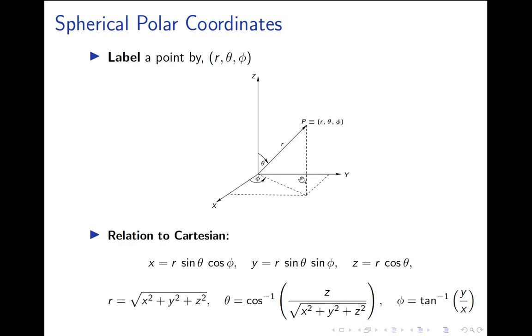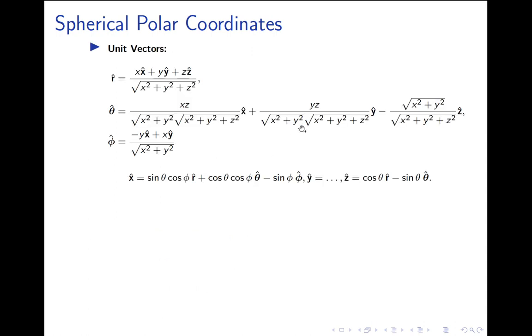Unit vectors, I haven't drawn those unit vectors, but if you can imagine that the r hat is the unit vector pointing along the radial direction, so it will be in this direction, and that is easy to compute because you know the sides of the triangle. Which is given by this formula, and then the